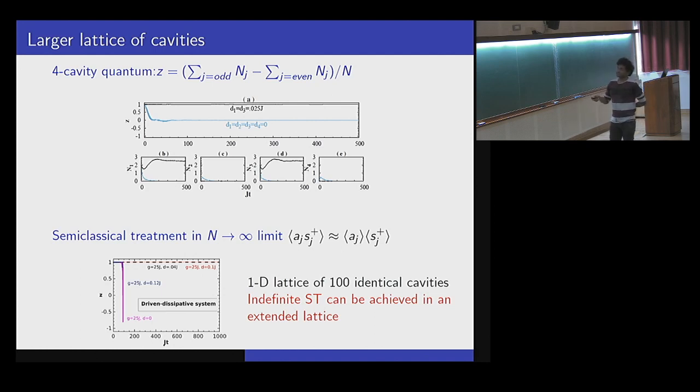So here you can see when the situation is undriven, D is 0, the localization of photons is limited. And we truncate our simulation here because further oscillations barely give any physical insight, because the self-trapping is already broken. Now, if we increase the drive to 0.04 and 0.1, we have indefinite self-trapping. But interestingly, when we increase the drive further, D equals 0.12 here, again the lifetime of self-trapping is limited. So this also indicates there is an optimum window for good drive.